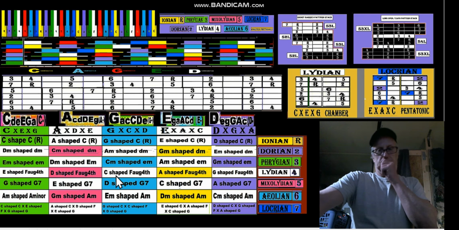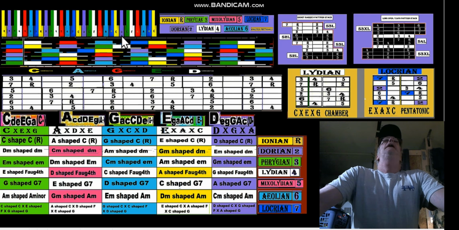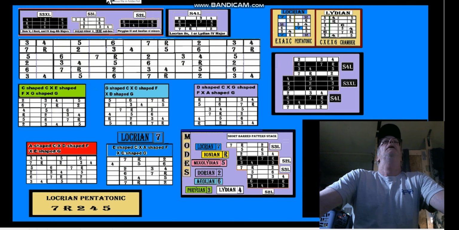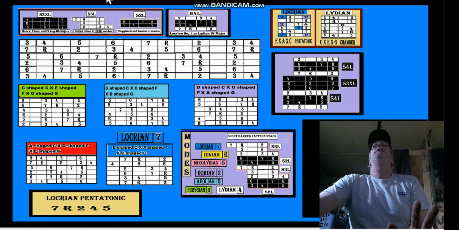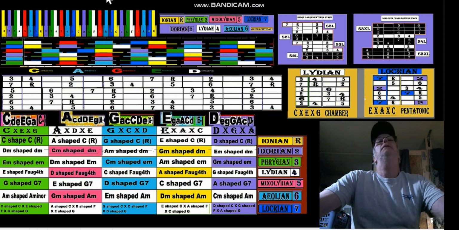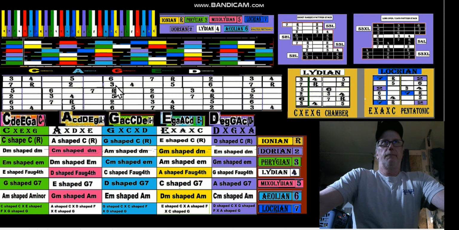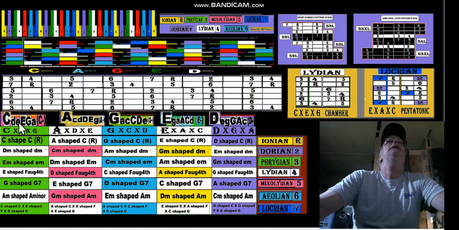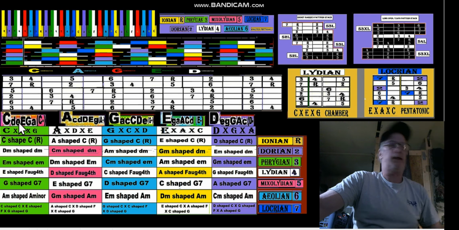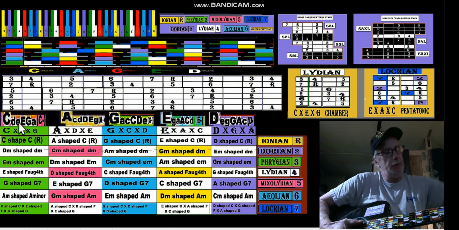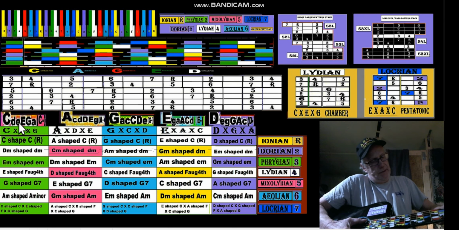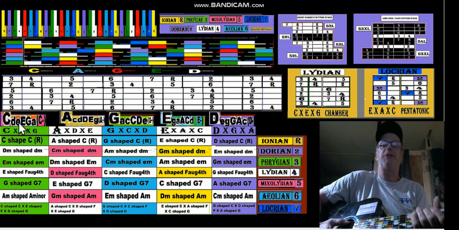Okay, this is the chart, and the last chart focuses on half diminished. So I went ahead and got all that taken care of. Don't worry about half diminished. We have an entire discussion on it planned. So when we look at the key of C, the C-shaped CAGED, which is this, you put the capo on, all right, it goes, now in pentatonic it would be,